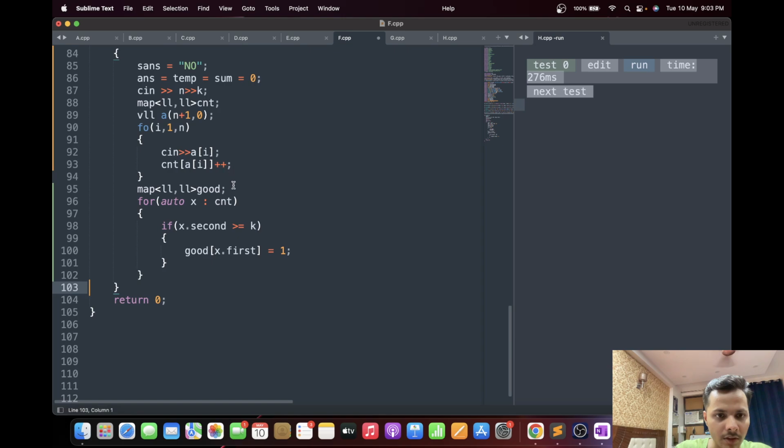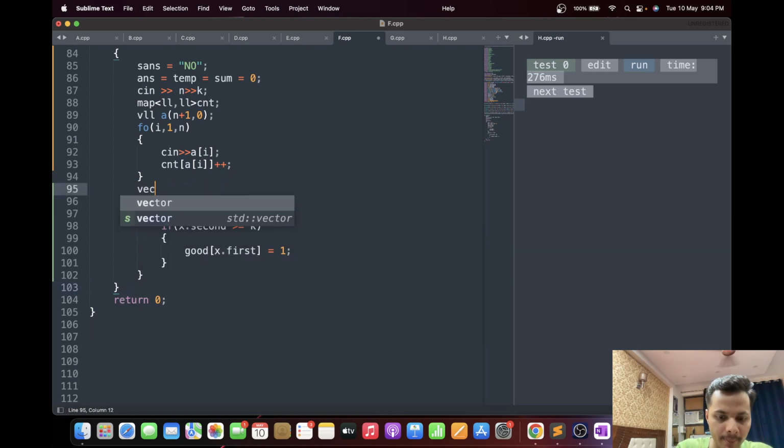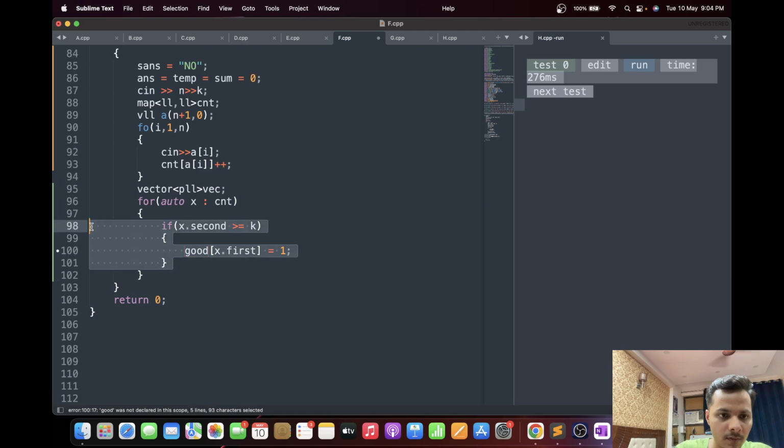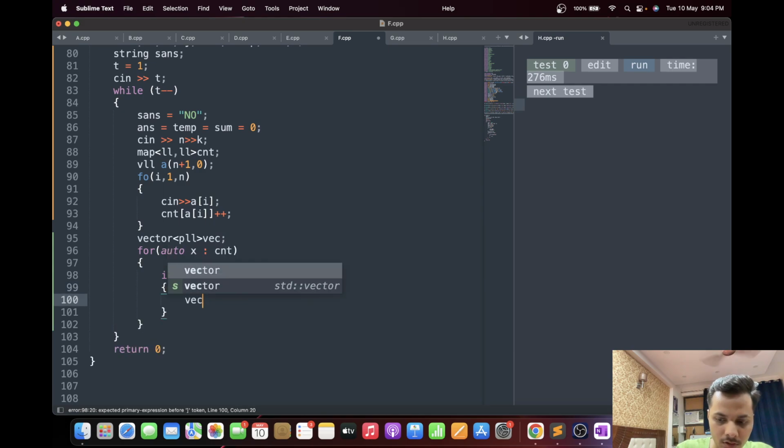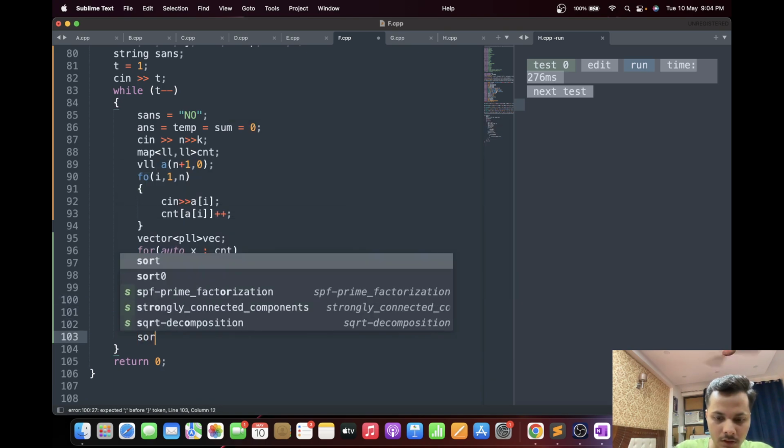Maybe we can have a vector of pairs. So if x dot second is greater than or equal to k, then we'll push something like x dot first and 1. Then we'll sort the vector.